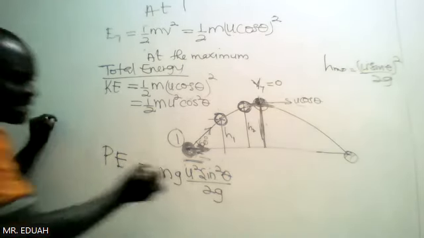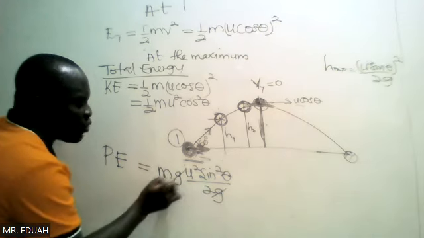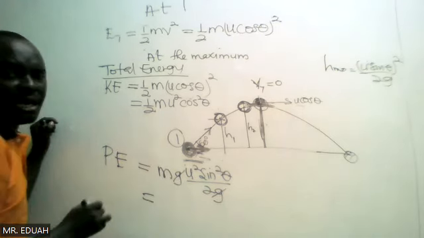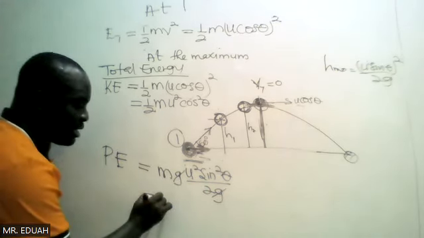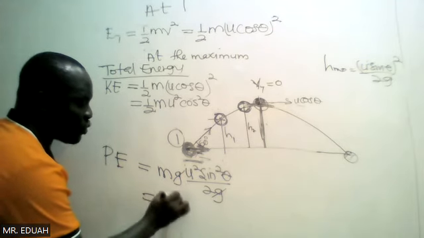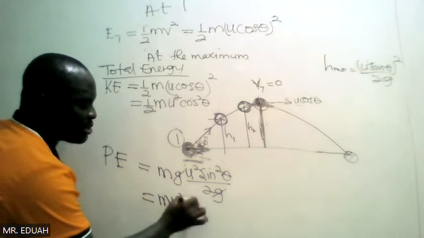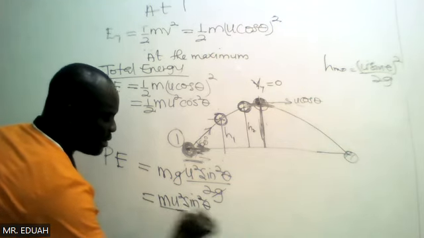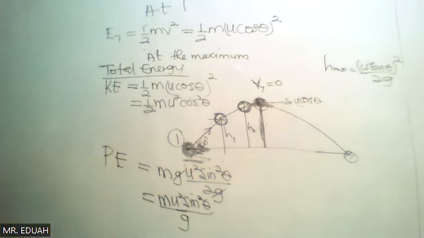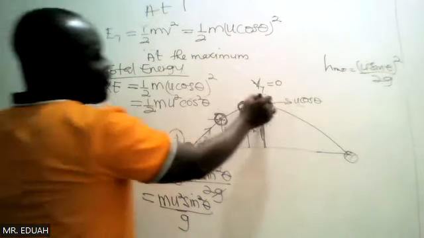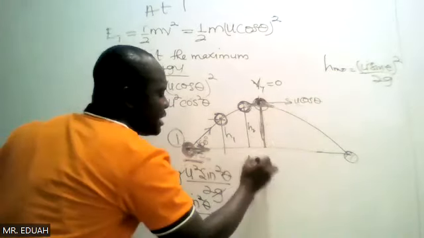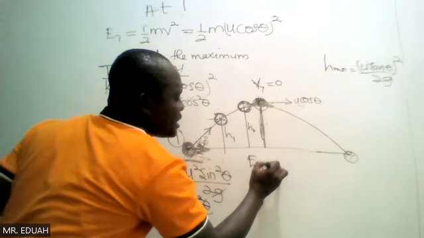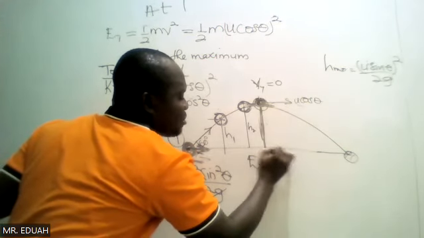Then you realize that the 2 will cancel, and the potential energy is half m u squared sine squared theta divided by g. So if you are looking for the total energy,